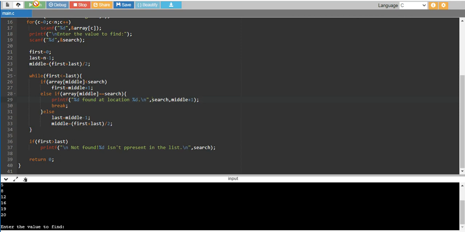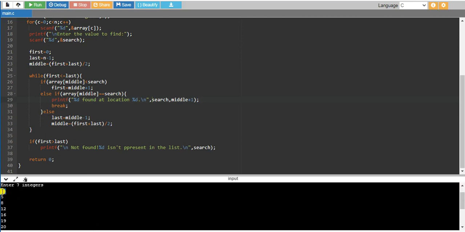Then from this list, which value are we going to search, whether that element is found or not. So I'm going to search 16. Enter the value to find, that is 16, found at location 5, right? We are getting the correct output, I think. So I'll check the location of the 16.